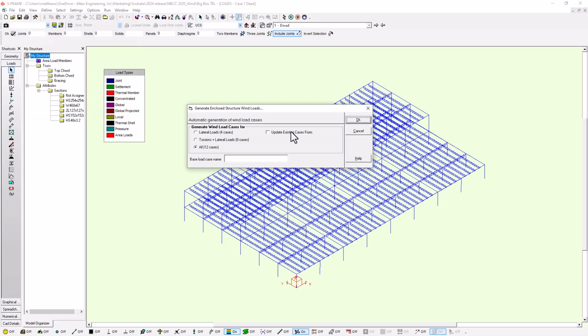From this dialog that appears, I then have the option to generate just the lateral loads, or torsion plus lateral loads, or all of those. I also have the option here to update my existing load cases from a specific point if I already had these generated for me. I have to then enter which load case number I want to start this update from, because again, it's going to generate up to 12 load cases, so we have to make sure that we're starting from a logical point. I'm just going to say let's generate these from scratch. I'm going to generate all of them, and I'm going to give it a wind load base load case name. I'll click the OK button,